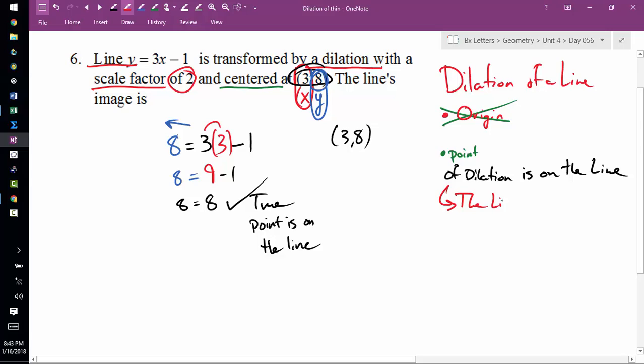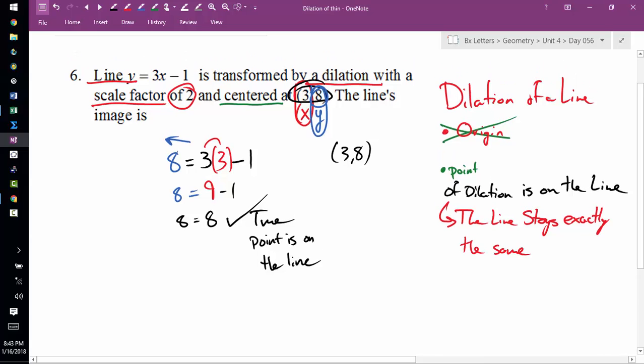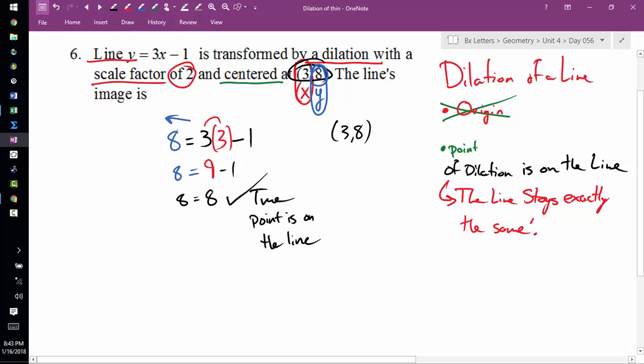The line stays exactly the same. And the reason why this is, you can imagine you have a line, okay? Let's call that y equals 3x minus 1. And when you plot this point, let's assume it's there, 3, 8. That point of dilation,